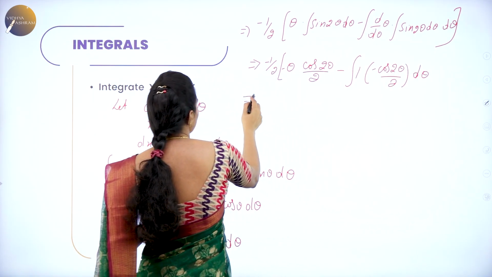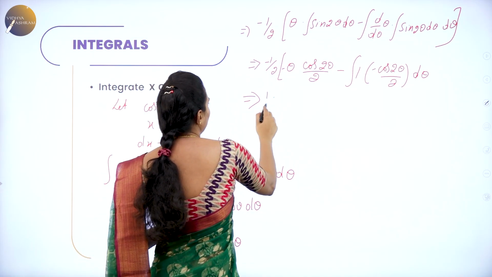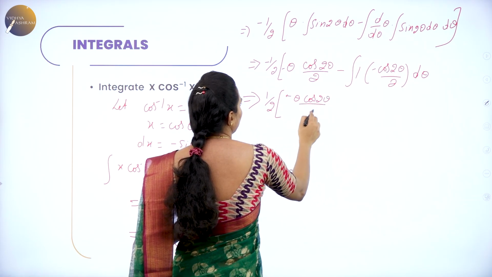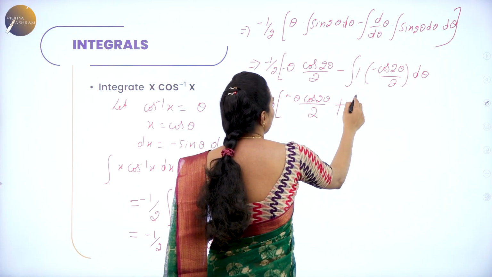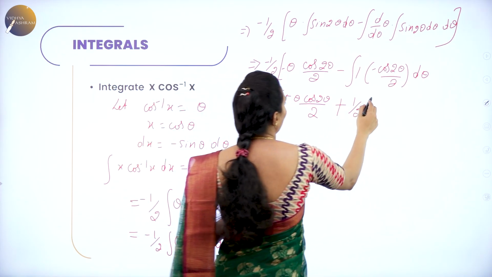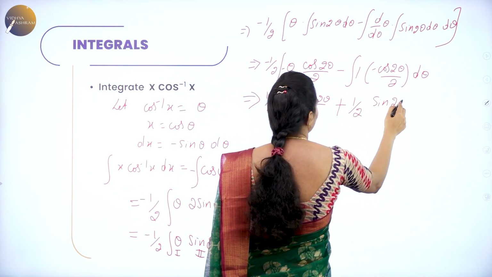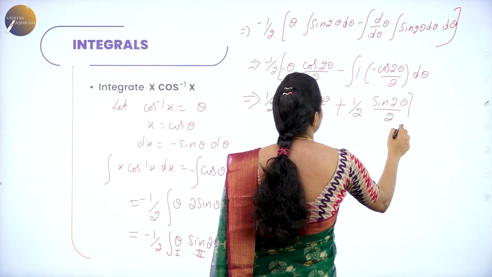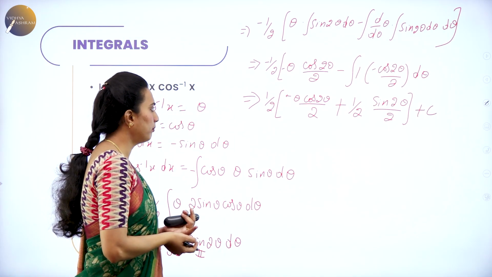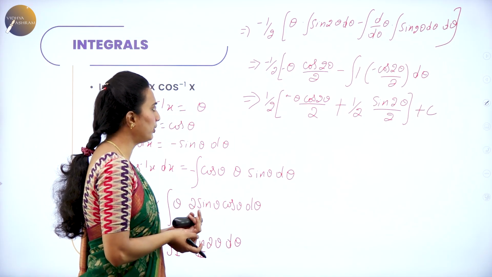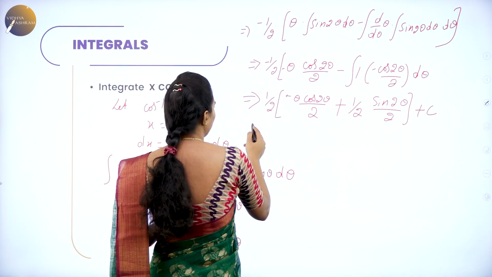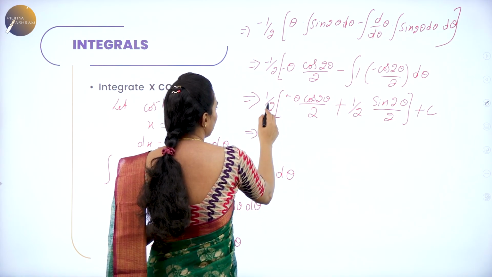Now further simplification, it will be giving you 1 by 2 into minus theta into cos 2 theta divided by 2, minus into minus is plus. Now 1 by 2 is outside, integral of cos 2 theta is what? It is sin 2 theta divided by 2 plus c, right? Now again you can remove 1 by 2 outside, here 1 by 4 you are going to have, which implies 1 by 4 into